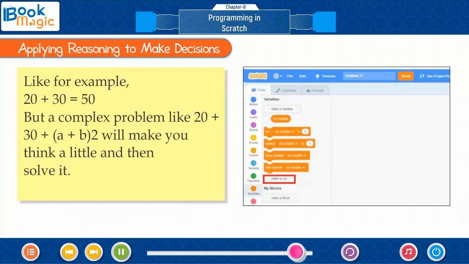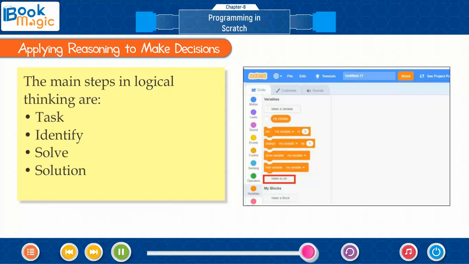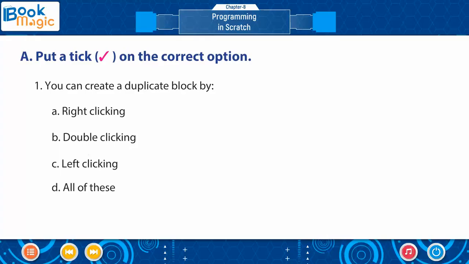Like for example, 20 plus 30 equals 50. But a complex problem like 20 plus 30 plus (a plus b) whole squared will make you think a little and then solve it. The main steps in logical thinking are task, identify, solve. A. Put a tick on